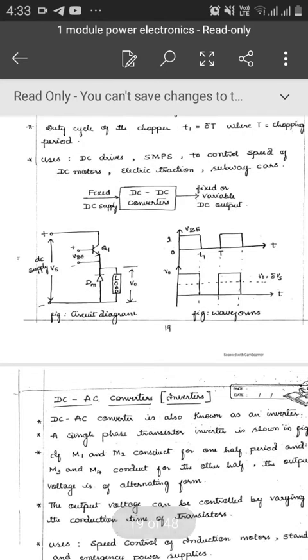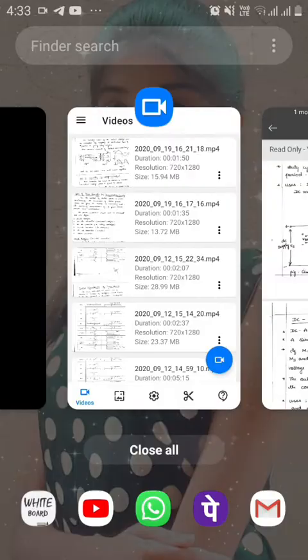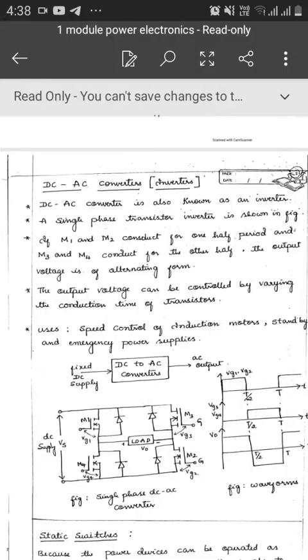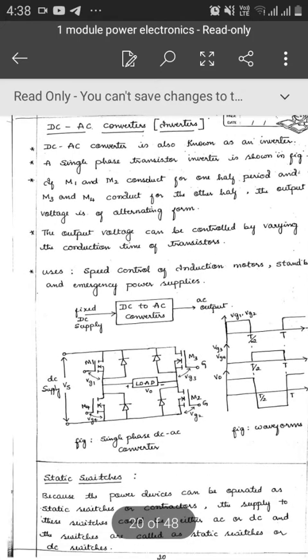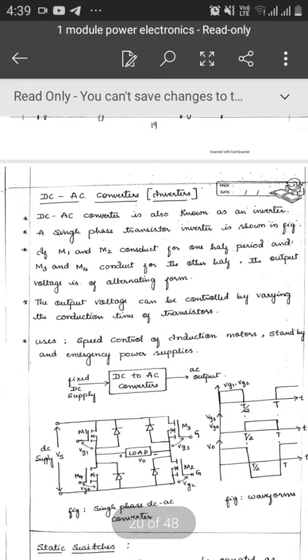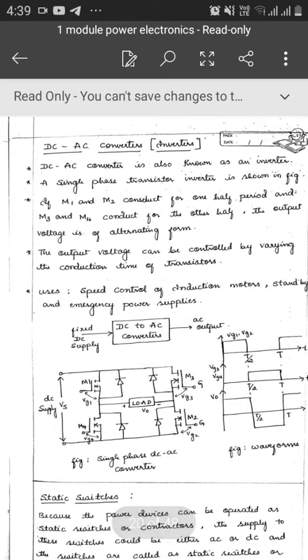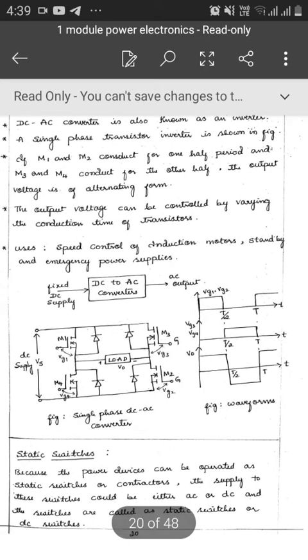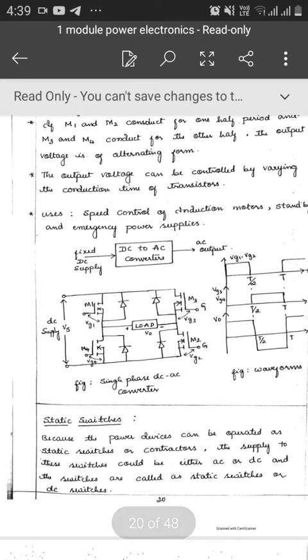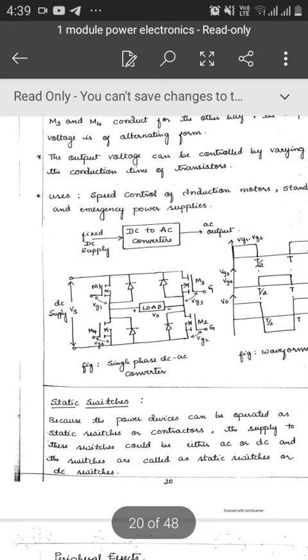Next, the DC to AC converter, or simply the inverter. Inverters produce an alternating AC voltage from a DC voltage. The shape of the inverter output can be a square wave, a quasi square wave or a sine wave, etc. The output voltage can be single phase or three phase. The output voltage and output frequency both can be variable.